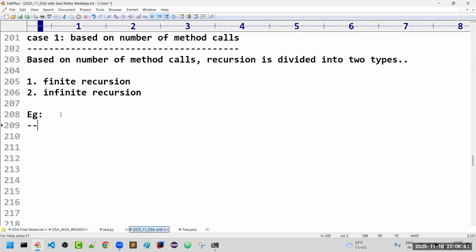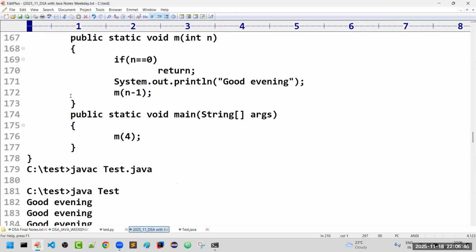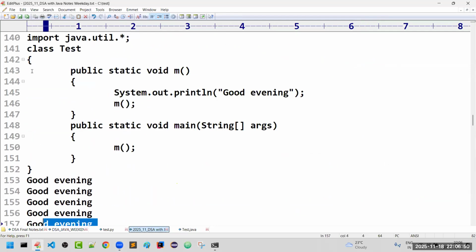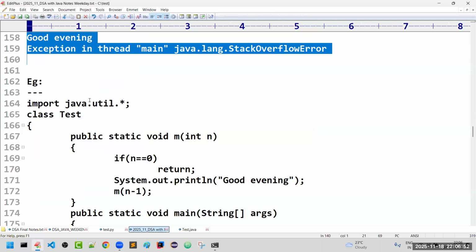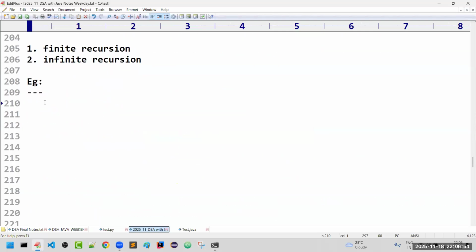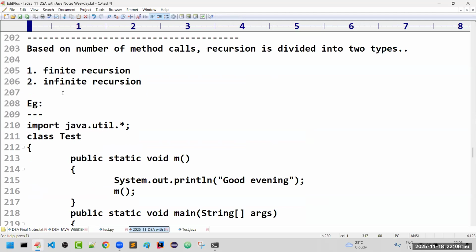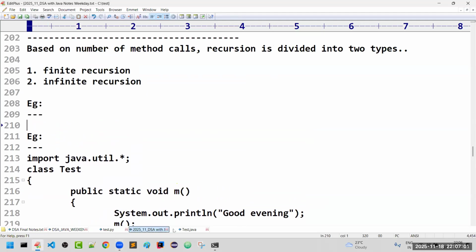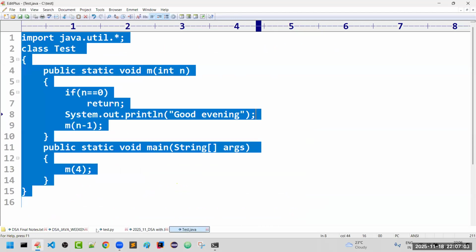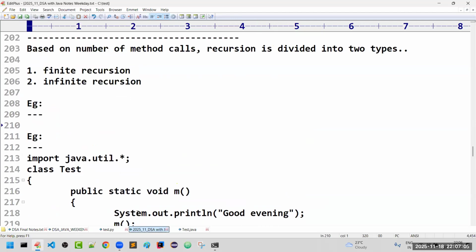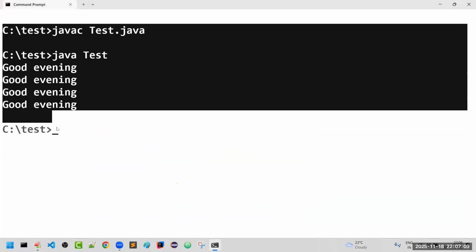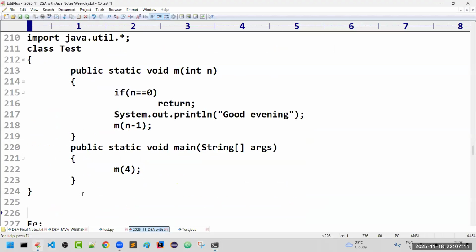Let me give one example for the first one. I think there is no need to cover the program I have shown you previously. Is it infinite recursion or not? Yes. What about finite recursion? Already we have written a base condition for this, right? This will become finite recursion. Finite recursion means it will stop at a certain point.